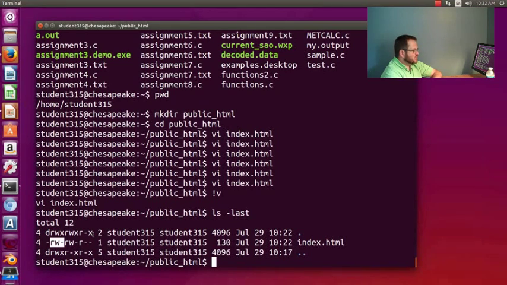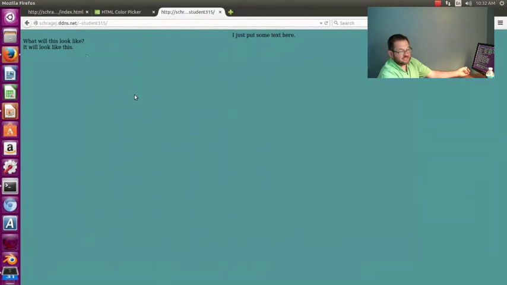Look at its permissions. The owner has read, write, but not execute permission. You don't execute HTML files anyway, so this is no problem. And I don't care about groups, so don't worry about groups. But the people outside of the world, out on the browser, they can read that file. So if they're browsing the web and they come across shruggij.ddns.net/student315, they can read index.html, but they can't write to it and they can't execute it. So if I go over here and I say refresh this, they can read this